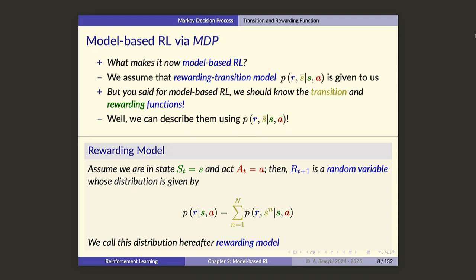We're going to see it. Sometimes you want to, for example, take the expectation of your reward. Like, what is the expectation of the immediate reward? You don't need to know the next state, right? But you can always